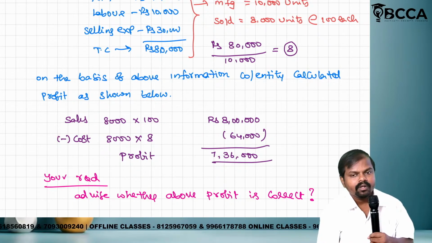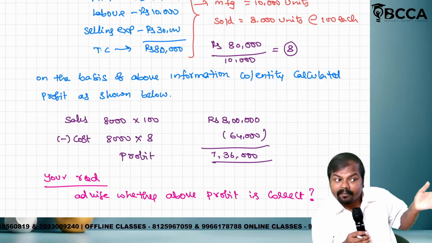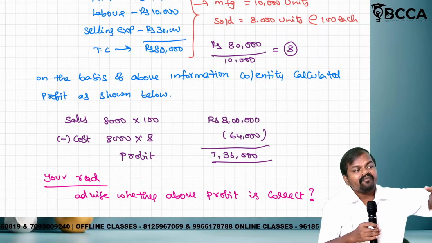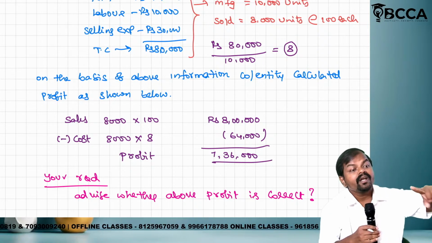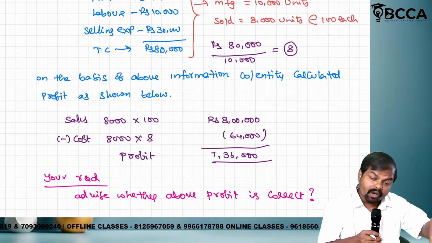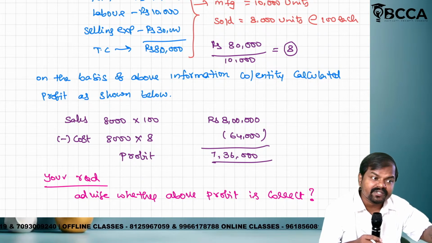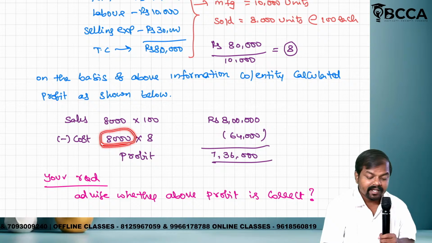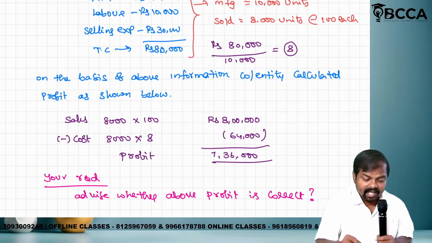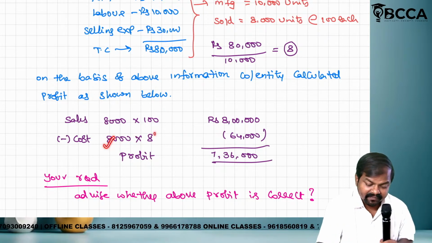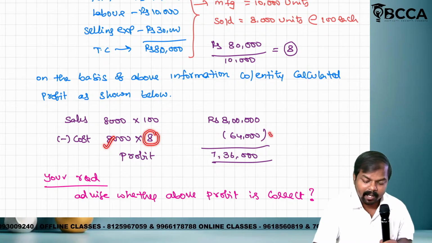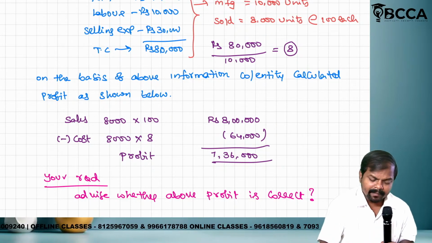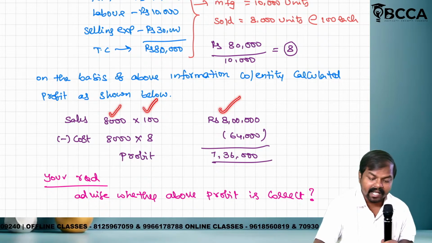On the basis of previous discussion, for how many units do they disclose expired cost, unexpired cost, income? 8,000. Now cost should be disclosed for how many units? 8,000. On that ground, cost is disclosed for 8,000. If this 8,000 is correct, if 8 rupees is also correct, then obviously 64 is correct. Very simple ma. 8,000 correct, 100 correct, 8 lakh is correct.